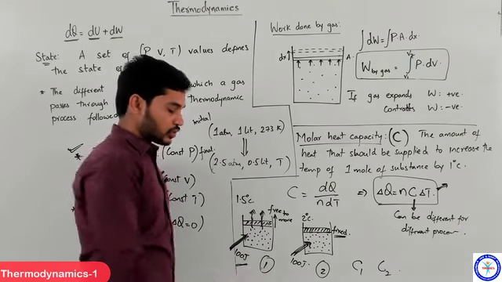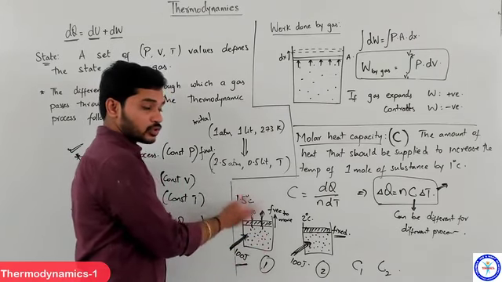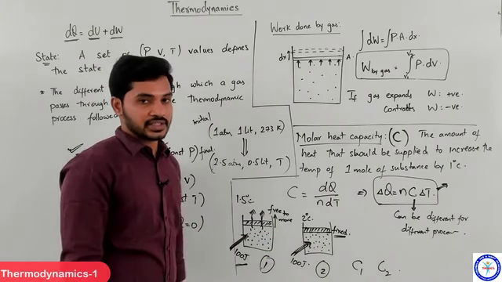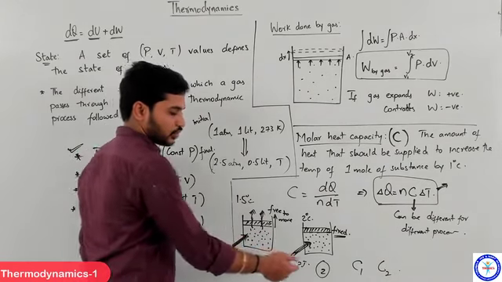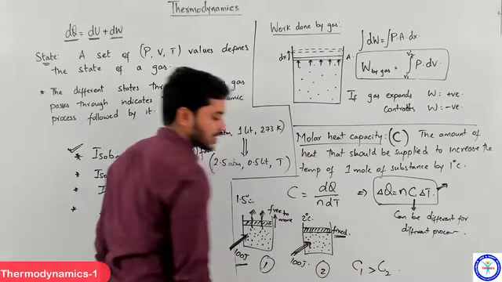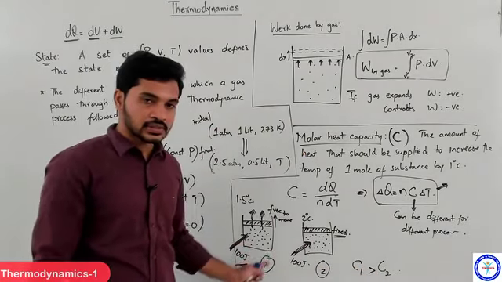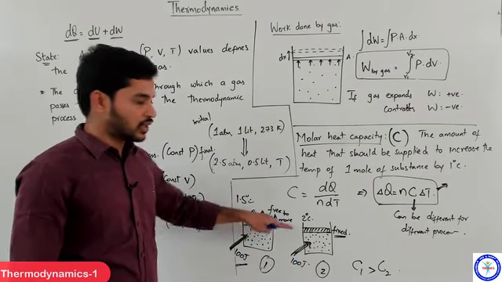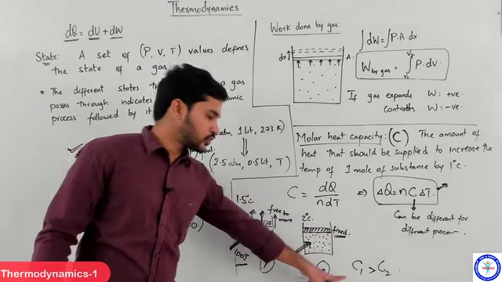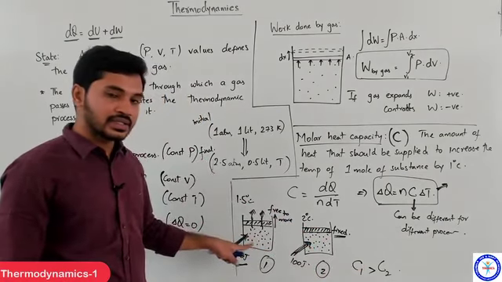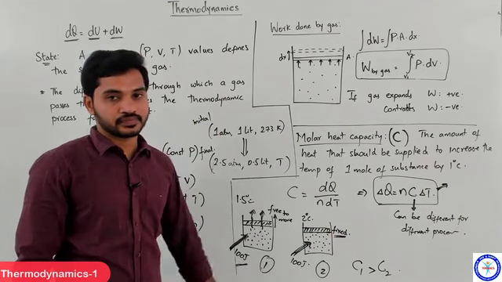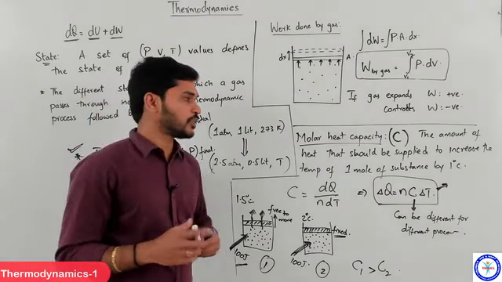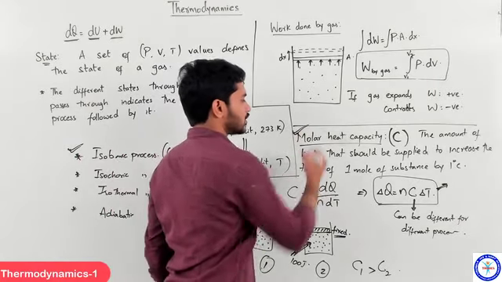Clear, students? So here the energy is being utilized for other purposes also. So I need to give more heat to increase the temperature by the same 1 degree Celsius. So in this scenario, we can definitely say C1 will be greater than C2. It is the same gas present in the same container, and just because the piston is movable here and the piston is fixed here, C1 is greater than C2. I need to give more heat here and I need to give less heat here to increase the temperature by the same 1 degree Celsius. Clear? So that is the idea of molar heat capacity.